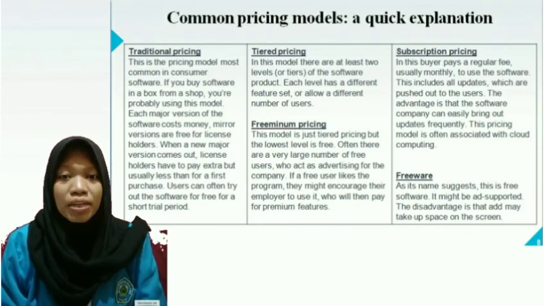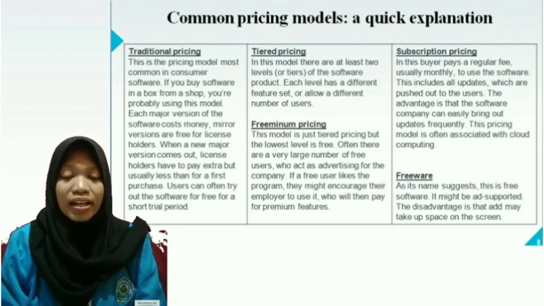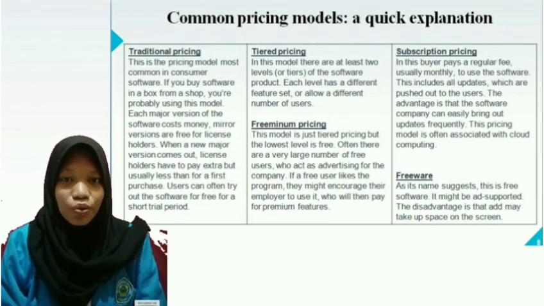The fourth, subscription pricing. In this, the buyer pays a regular fee, usually monthly, to use the software. This includes all updates, which are pushed out to the user. The advantage is that the software company can easily bring out updates frequently.